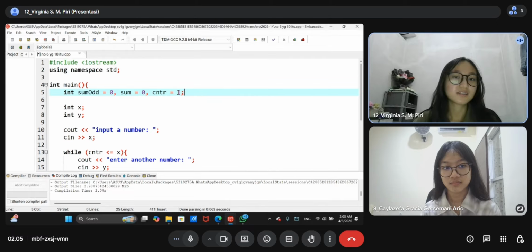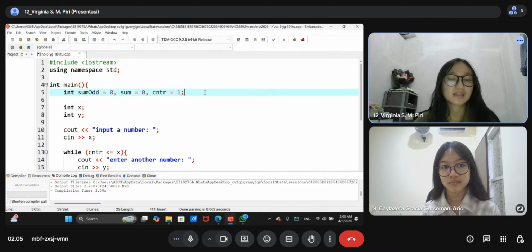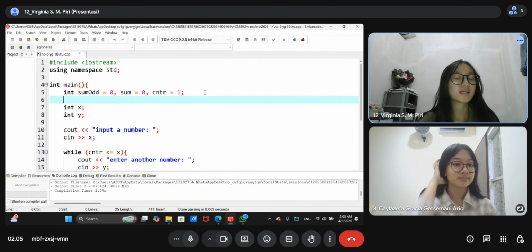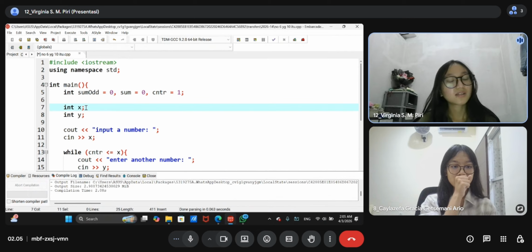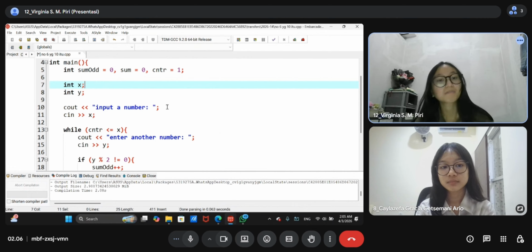It is because these will later be stored as integer numbers. And then we initialize x and y also with the integer data type.